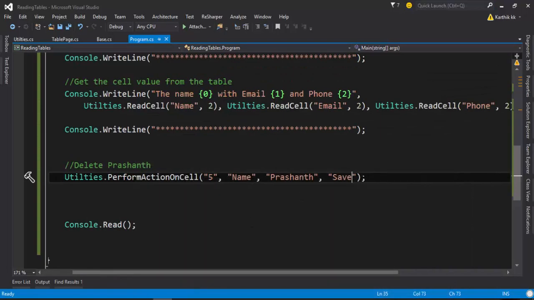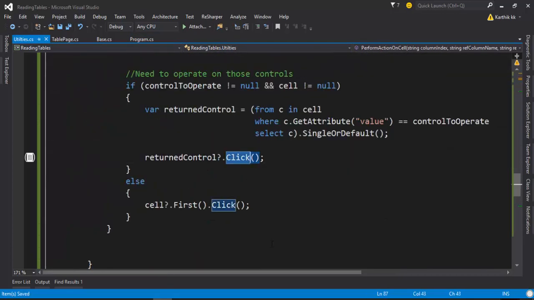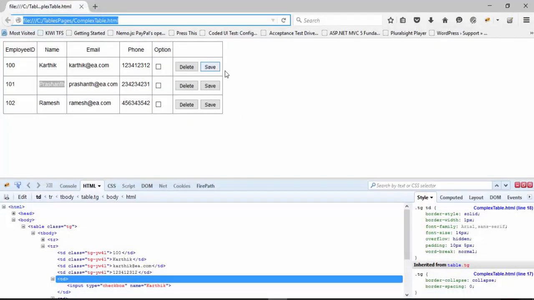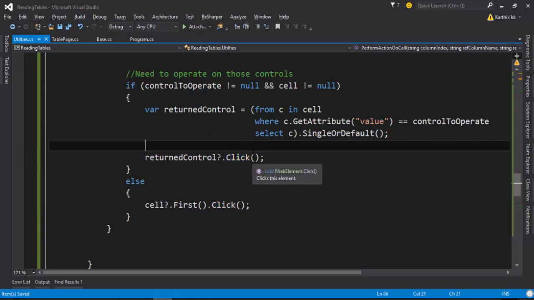So what if I want to click this checkbox of Prashant? So what if I want to do that? For doing that, see, the checkbox for this particular control does not even have a column name. But if you want to select that particular column, then just pass the column name there. Basically, this particular code by default just does a click operation. So if your control has something like a drop down in your column, then probably this code is not going to work. You have to change the logic right here. So you can do something like this: